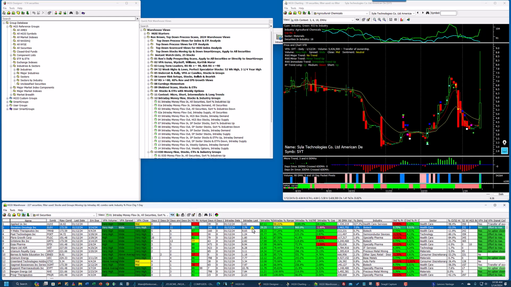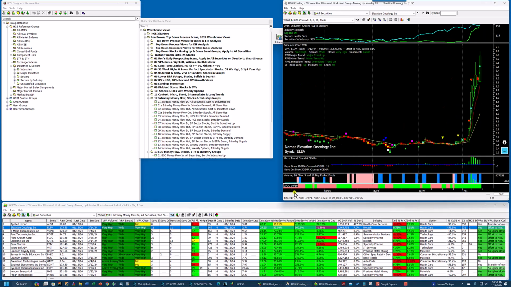It's only a $2.74 stock, but they're buying it for a reason. I don't know what the reason is, but a lot of traders trade these stocks, and you can make a bunch of money if you get in early and can hold on